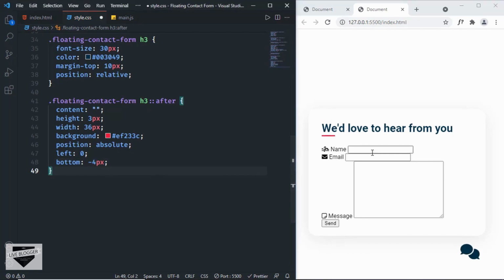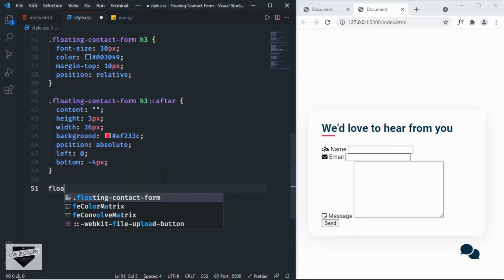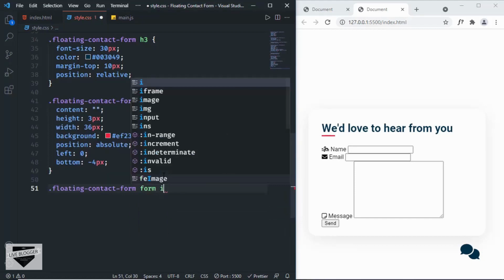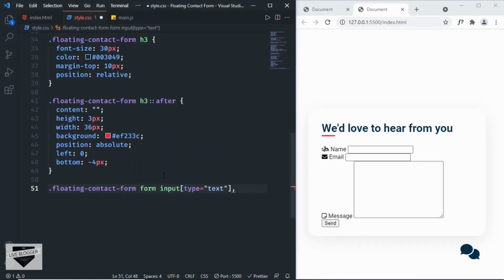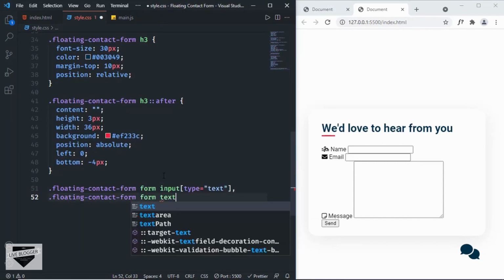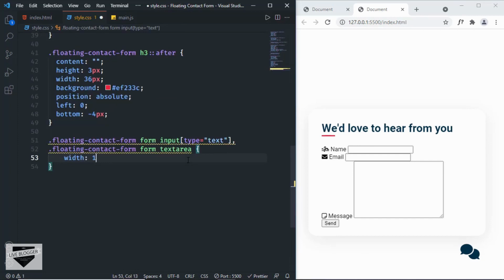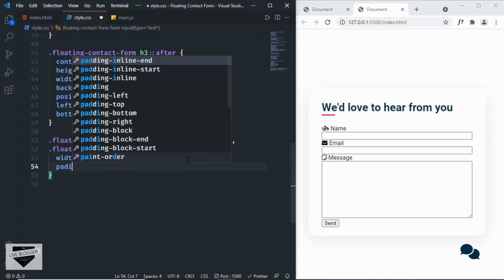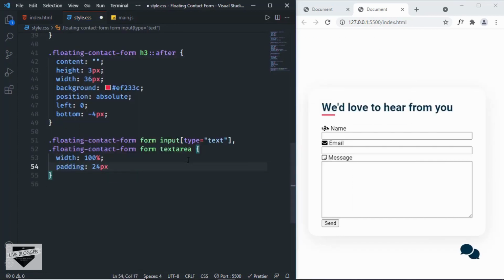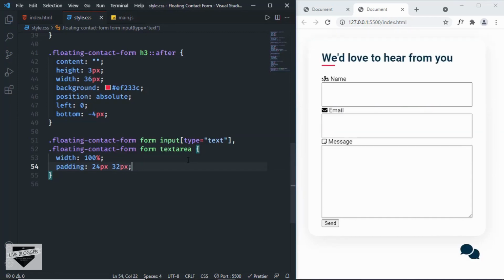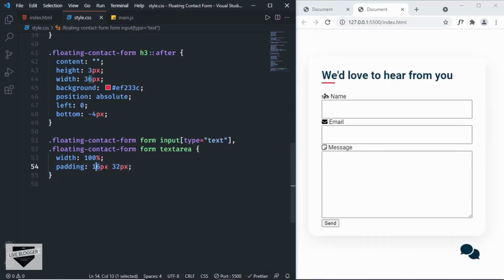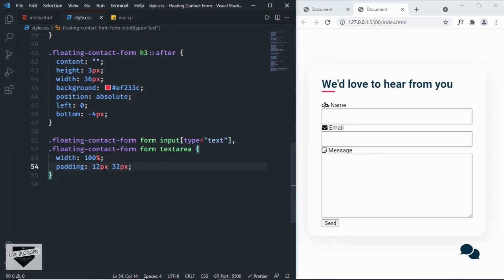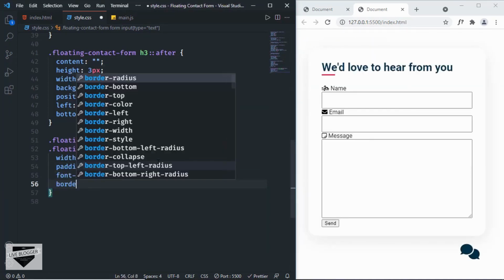Alright, now let's style the input fields. So I'll just type floating contact form input, and we'll set the type to text, and we'll also target the text area. So I'll just type floating contact form textarea. Now first of all we'll set the width to 100%, and we'll also add a padding of 24 pixels top and bottom and 32 pixels left and right. And I think that's a lot, so let's decrease it to, let's say, 16 pixels, or let's say 12 pixels. Right, that looks alright. And now let's set the font size to 16 pixels,